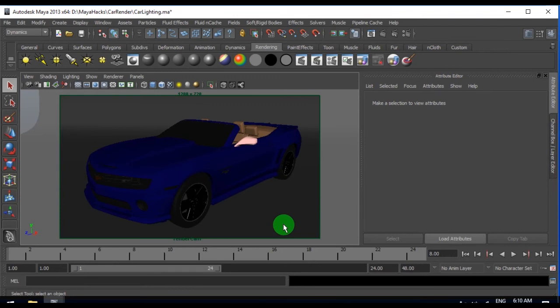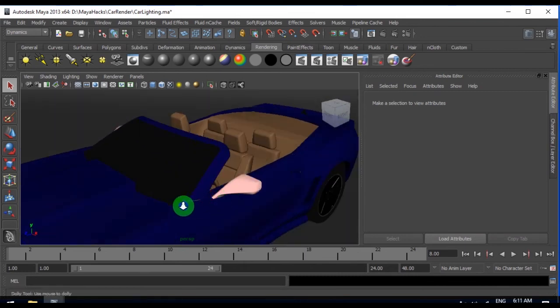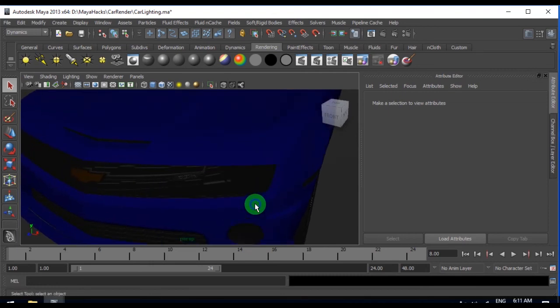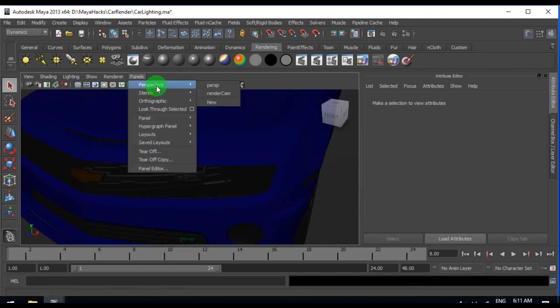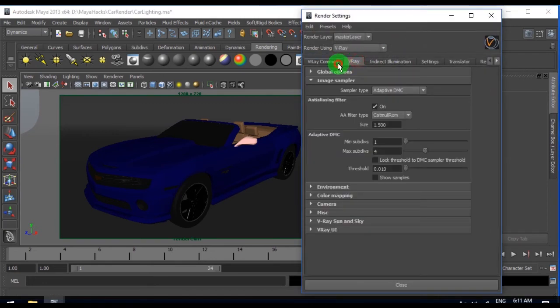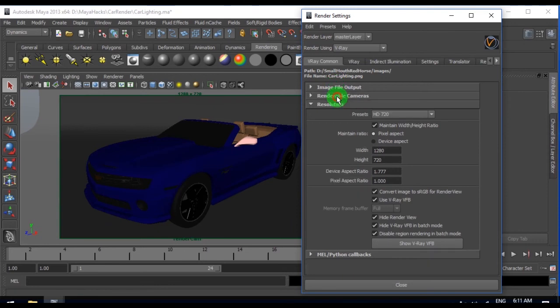So I've just assigned shaders to all the objects here. You could see it's simple shader work, nothing deeply done within the textures. So this is the shader-ready model, and in render settings, what I would like to cover at this level is